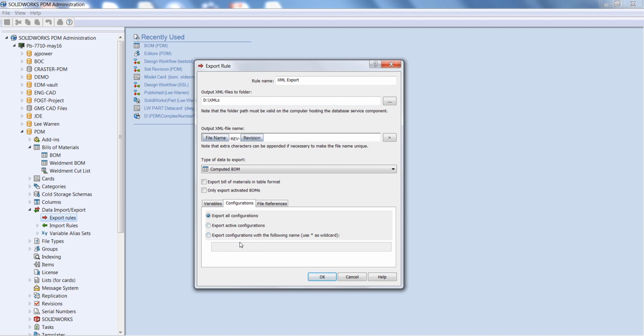Configurations, whether we want to export all configurations or just the active one, or configurations that are named, and then what references. So do we only want to output the selected file or the contained and where used information there as well, and make sure that we include the quantity there as well. So that's all you need to do to specify an export rule.